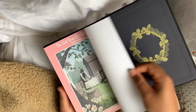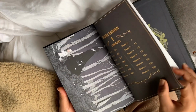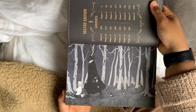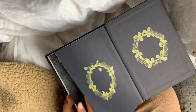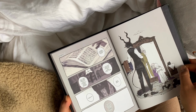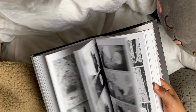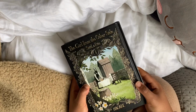it is. If you remember a while back, I actually did purchase the first volume to kick off the series and I liked how it went, but then I found out that they were going to have these omnibus editions and they just look so beautiful, so I stopped reading. When I got this one, I did go ahead and reread the first volume because I did not remember as much as I thought I did to go ahead and start the second one, and I'm glad that I did because I feel like I got the whole experience all over again, and I'm really excited to continue the series